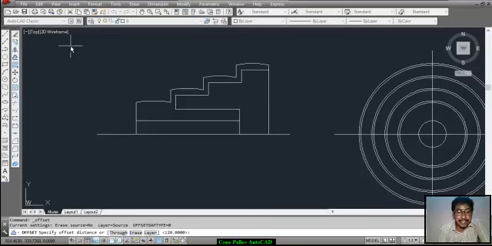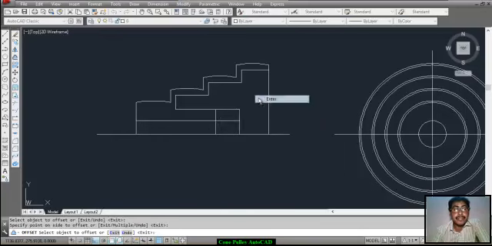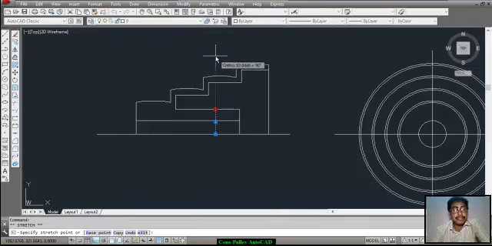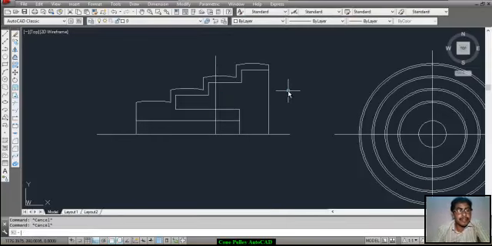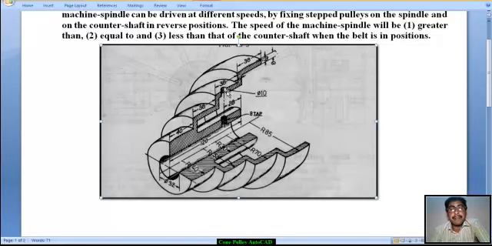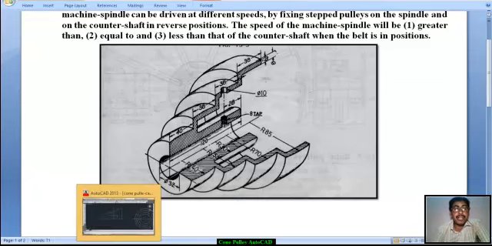Click on offset command, offset distance 28, select object, specify point on side to offset, then stretch this. Now the hole diameter is 10, this tab diameter is 8. Okay,